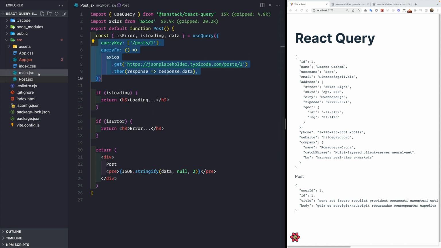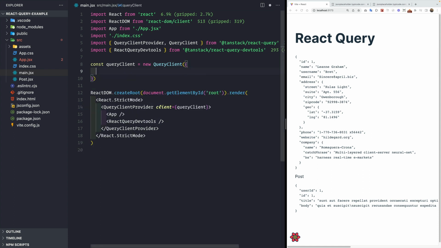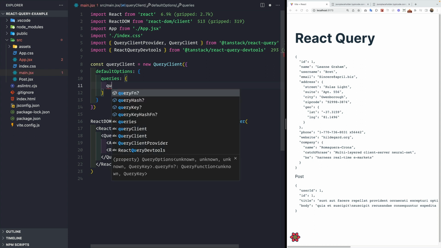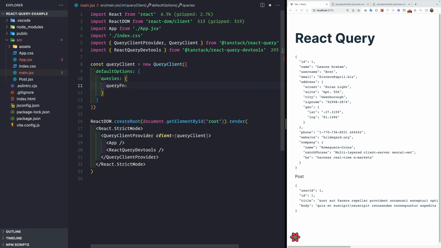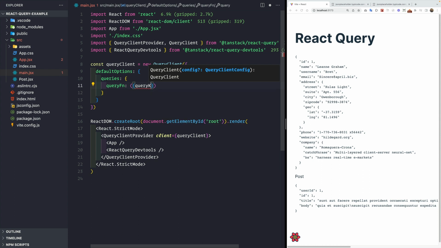What we need to do, we need to go to our main.jsx file, and inside this query client, where we defined our query client, we can pass in some default options here for data fetching. So we can pass in default options here, and for the queries we are going to pass in the default options. So we can simply pass in a query function that resolves to a promise with data, otherwise it throws an error. And this query function is passed with a query key here. So we can say the query key is passed to this query function like this,